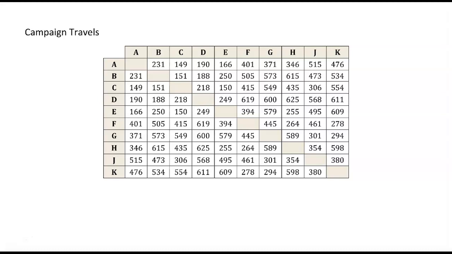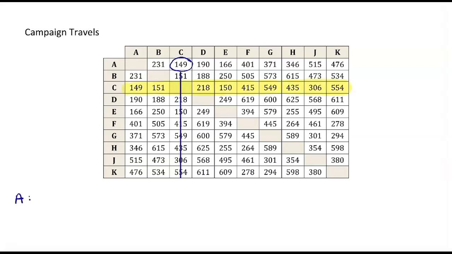Let's begin by using the nearest neighbor algorithm beginning at vertex A. If we look at all of the options for traveling from A to another city, we find that city C is the nearest neighbor. I also want to cross out the column for C so that I don't accidentally revisit it. Now that we're at C, we'll look at our options for a nearest neighbor.